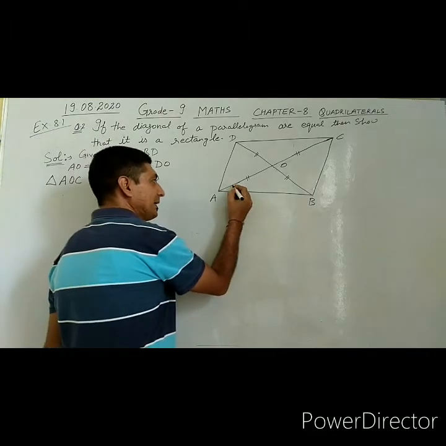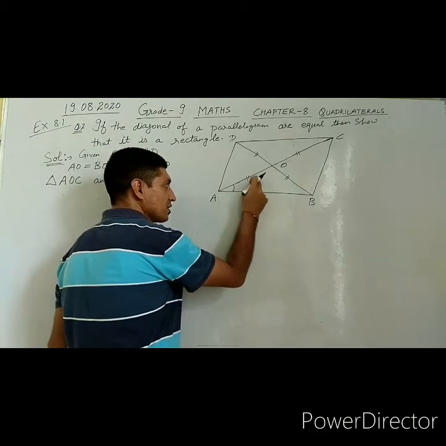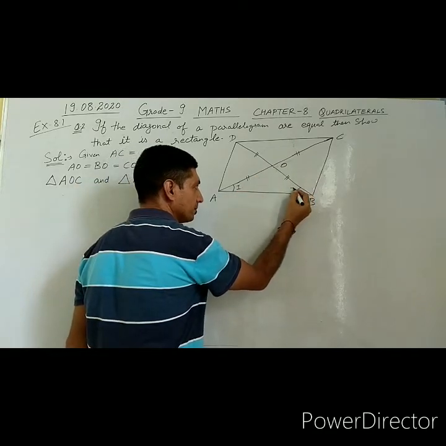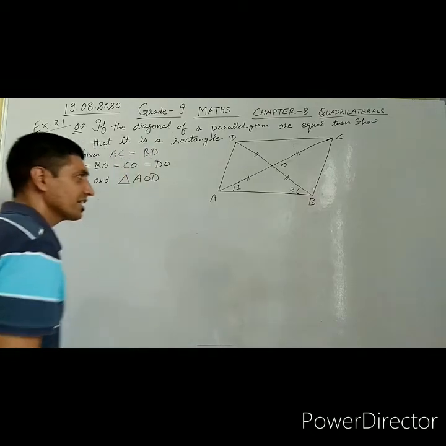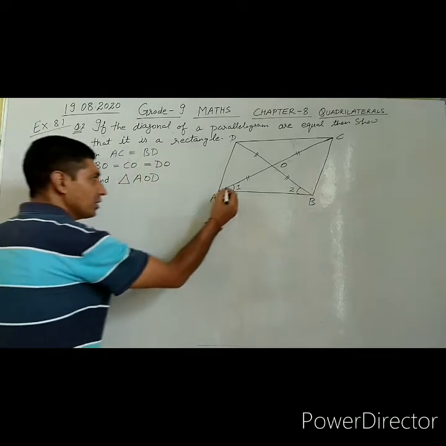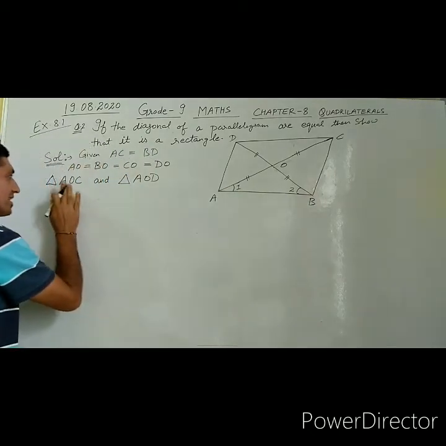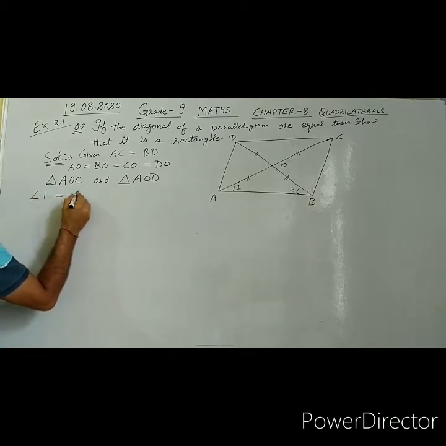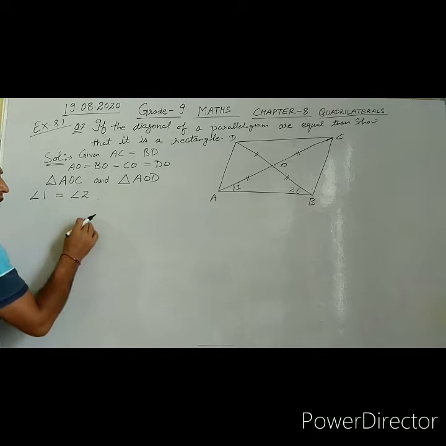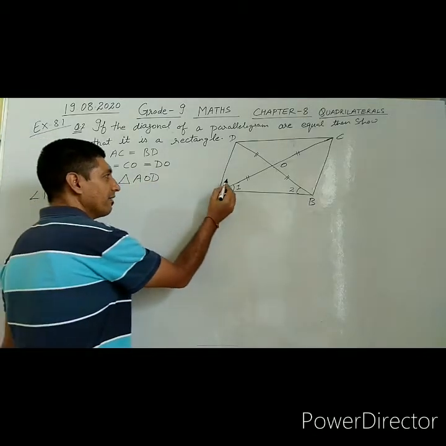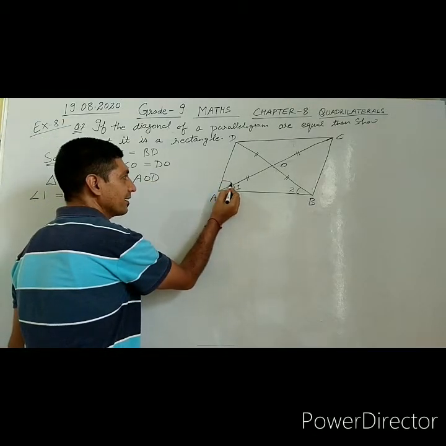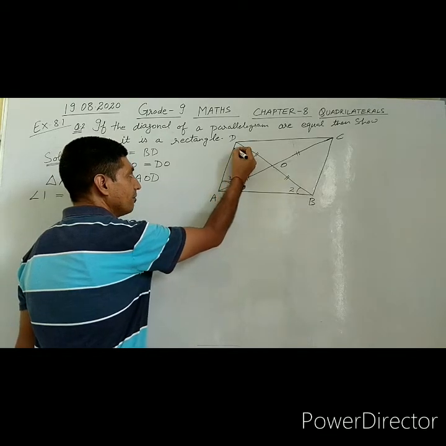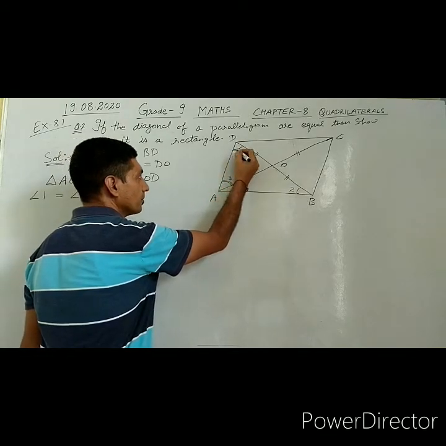So here let me take this angle. These two sides are equal. The angle 1 is equal to angle 2. Confirm. Angle 1 and angle 2 are equal because it is an isosceles triangle. So we have angle 1 equal to angle 2. On the same hand, we have angle 3 here, and angle 4, they are also equal.